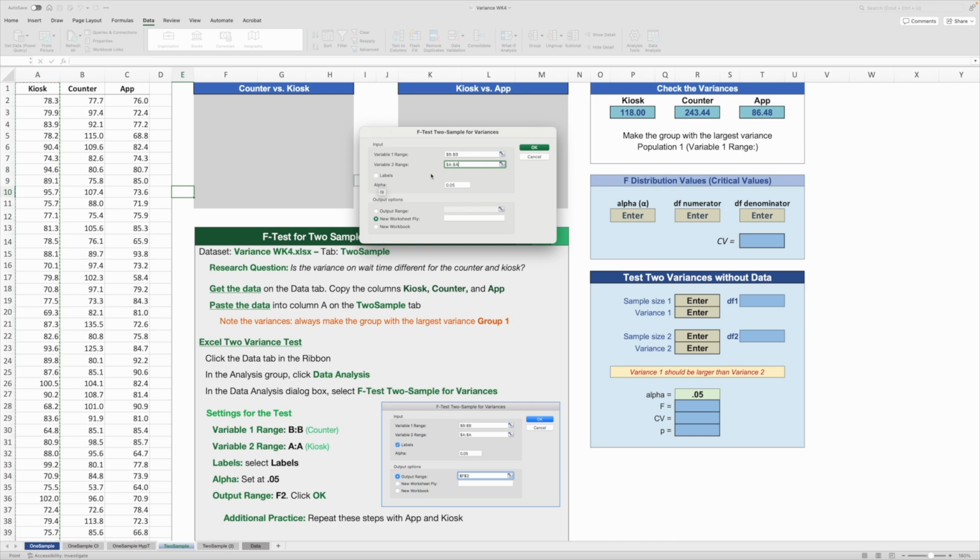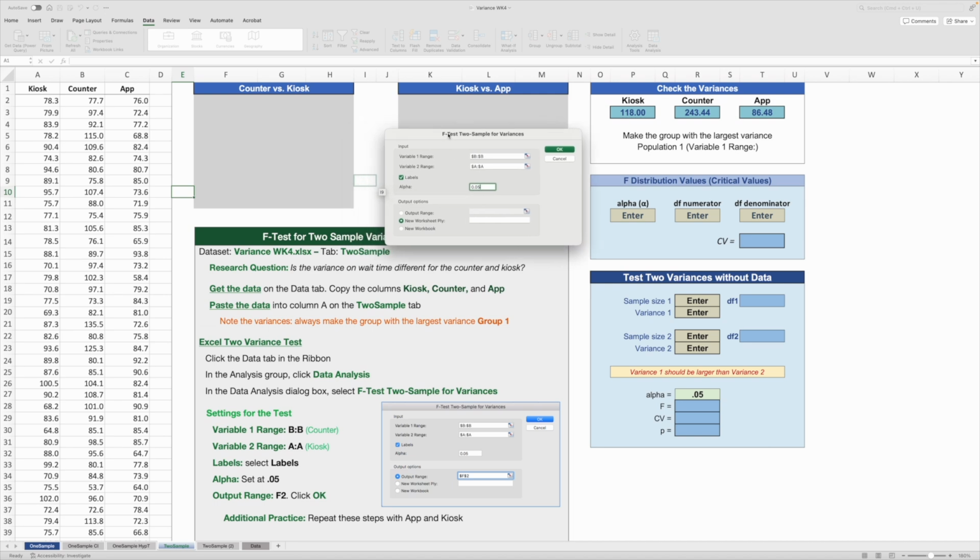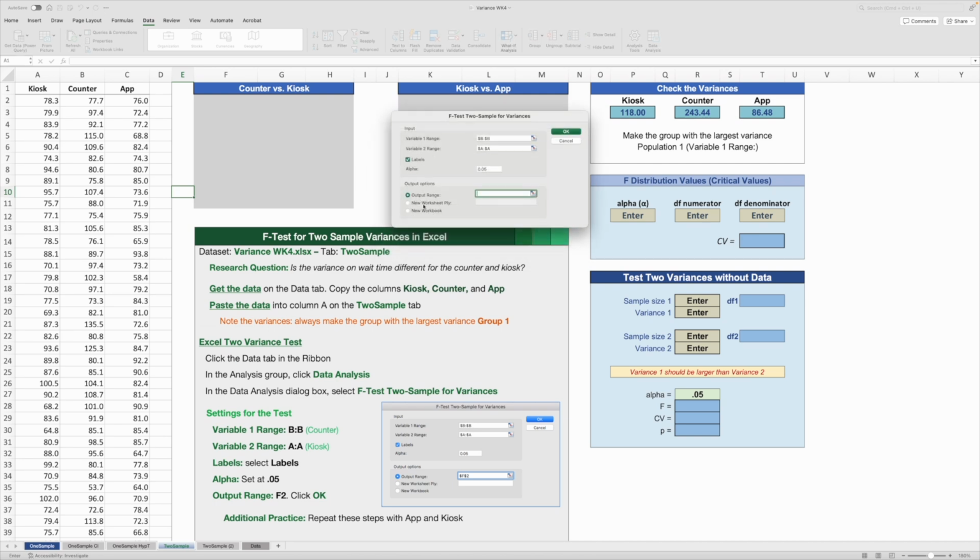By selecting the header, we also need to let Excel know that there are headers in this data. So click on the Labels box, and we'll leave our alpha level set at 0.05. Finally, for the output range, click on Output Range, and then in the box, you can click on F2, and you can see where that drop zone is that I created for you. That's where we want our findings to go. Click OK,